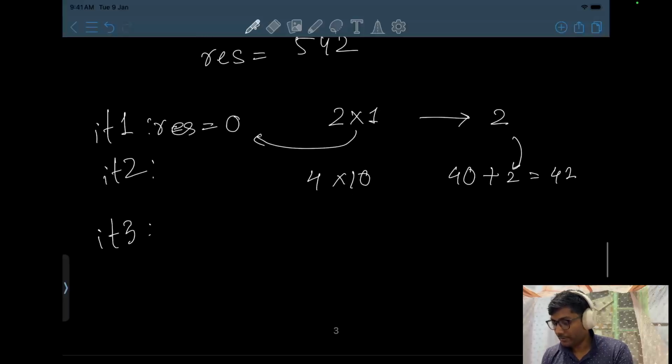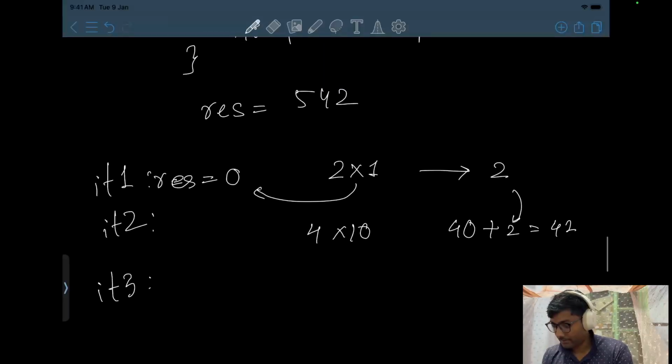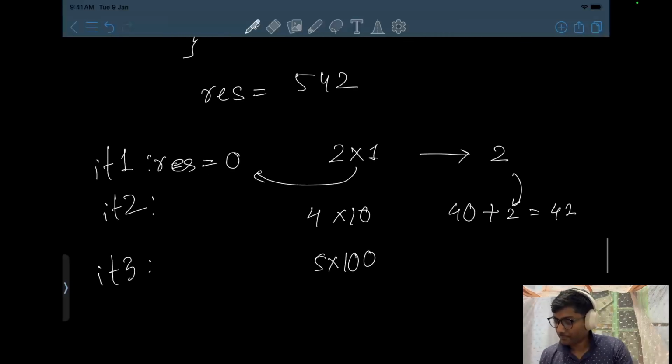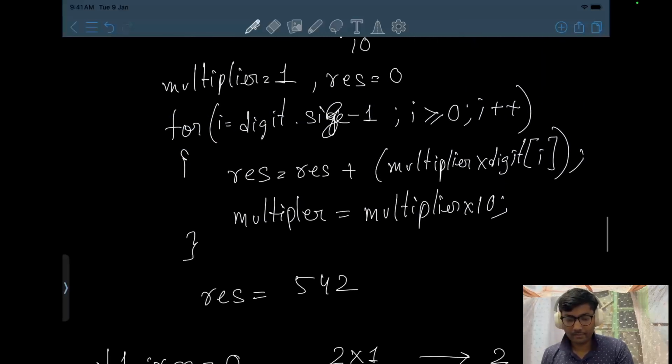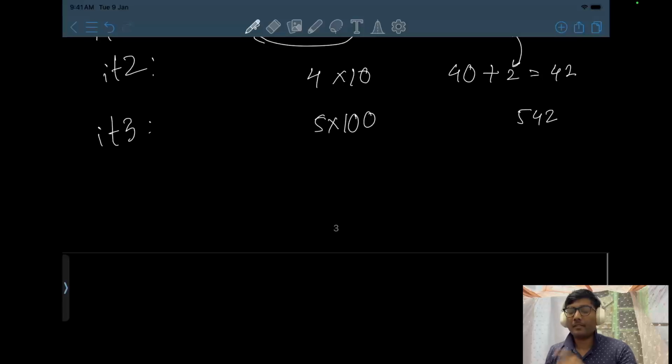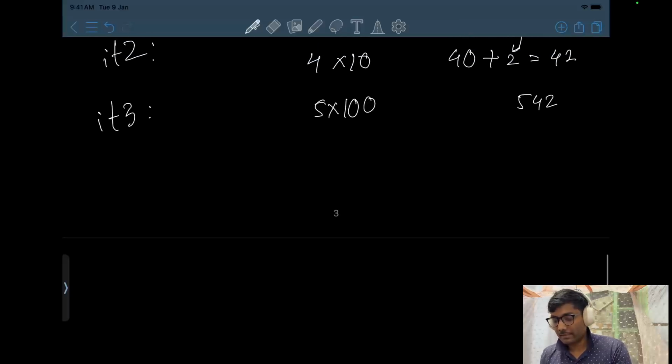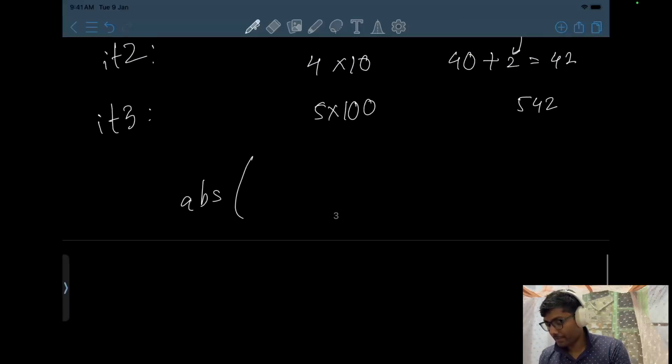So in the third we see that the digit is 5. So 5 gets multiplied by the multiplier 100, because 10 gets again multiplied by 10. So we get 542, and now the array ends. So we have found the way to generate the reverse of a number from the given number. So in the end we will just take the absolute value of the reversed number